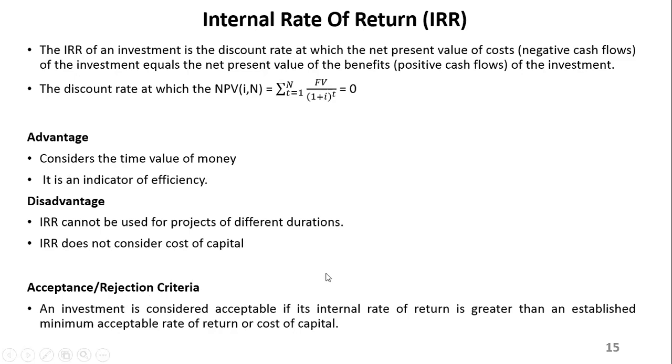In terms of accepting or rejecting a project, the project is usually considered acceptable if the internal rate of return is more than the established minimum. The company will put up a number, like any project having an IRR less than 30% will not be accepted. They can do something like that. But if you only have two projects you're comparing, the project with the higher IRR has more room for change or any risk that might happen. So the higher the IRR, the better.